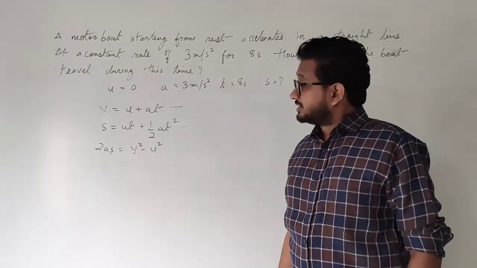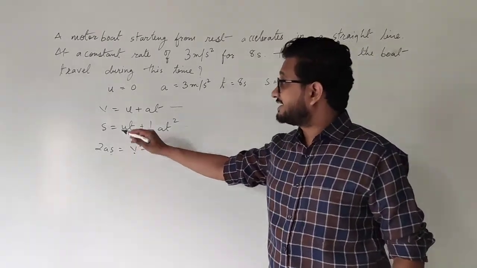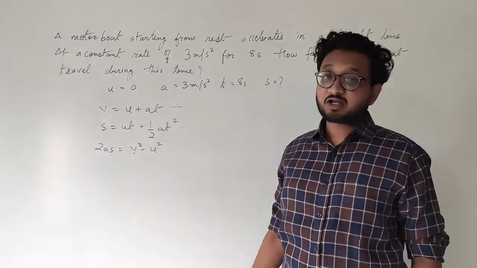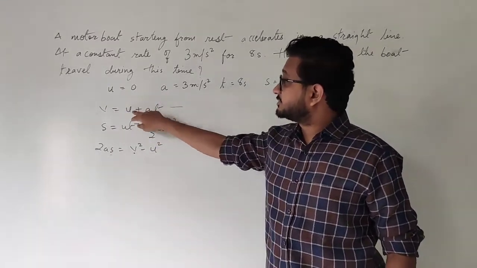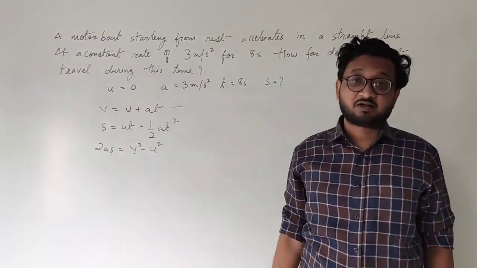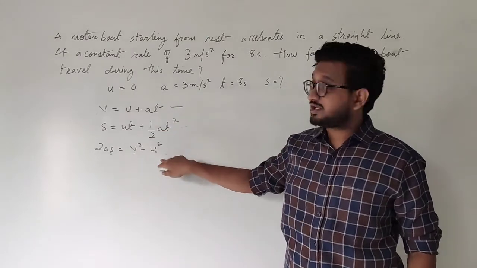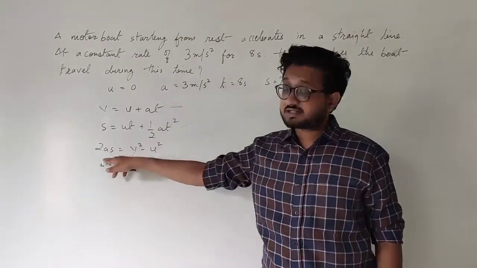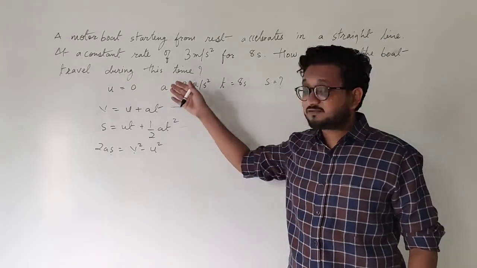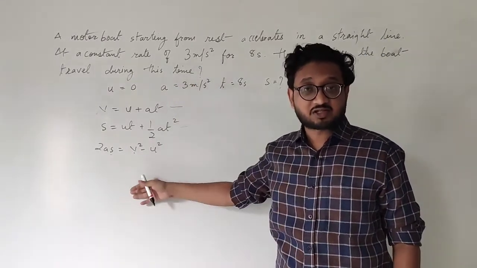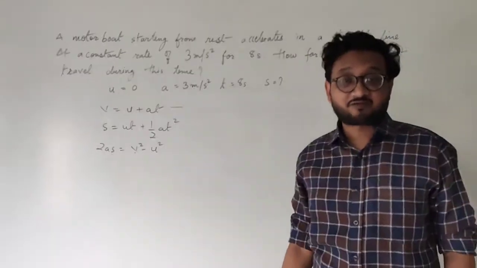If you want to use this formula, first you need to find the final velocity. For that you will have to use the first equation, that is u, a and t. Substitute these values and you will be able to find the final velocity. Once you have the final velocity, you can use it with the initial velocity and the acceleration and you will get the answer. But there is no need to go through the long process of finding the final velocity first and then substituting in the third equation. Instead, you can directly use the second equation and find the answer.